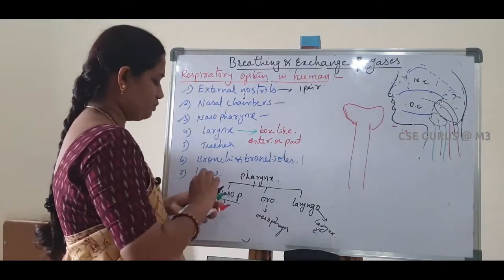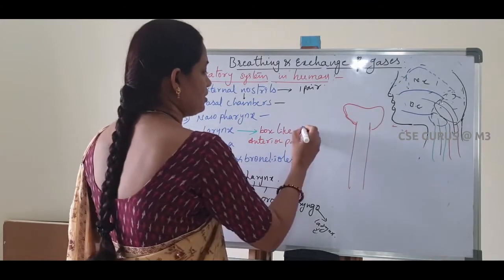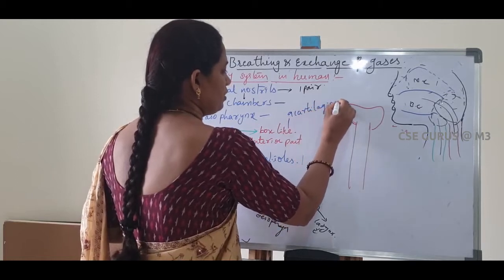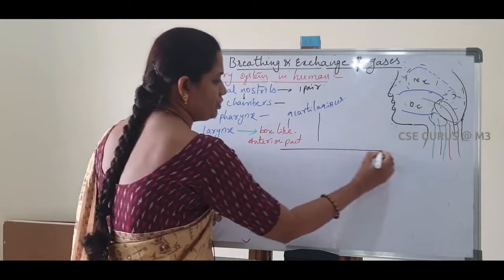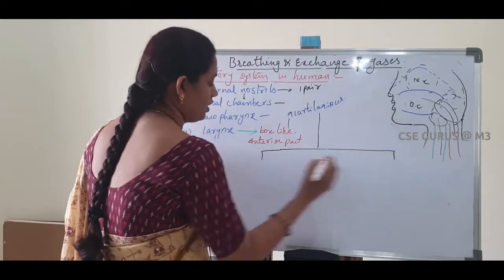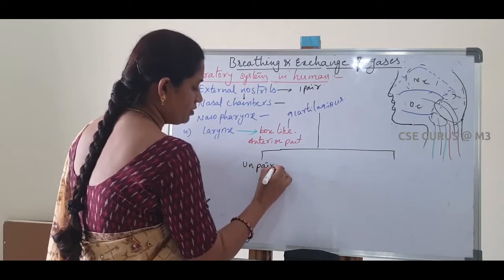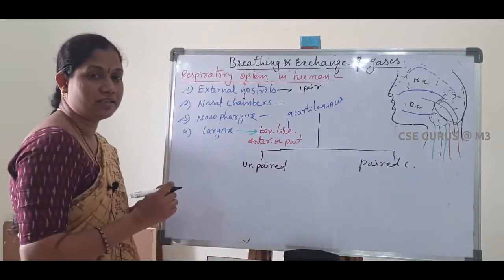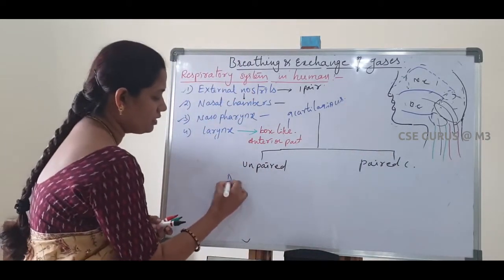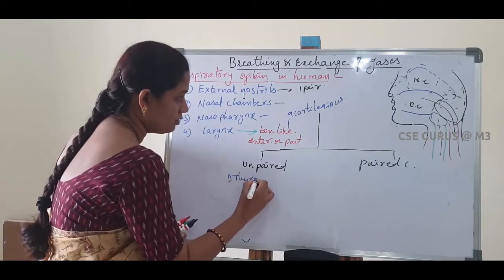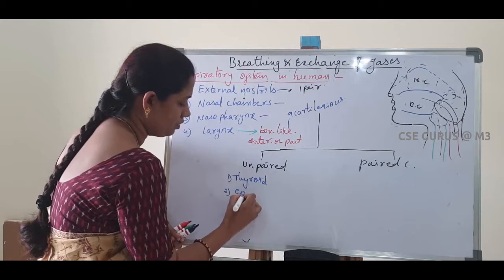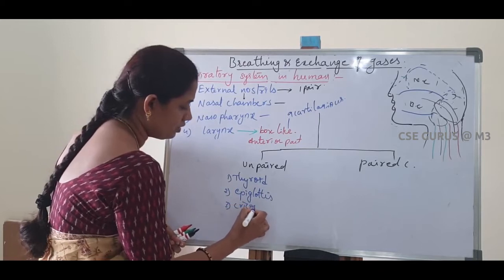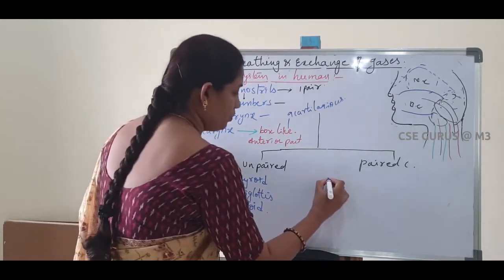This box is made up of 9 cartilages. These 9 cartilages can be classified into 2 groups: unpaired cartilages and paired cartilages. Unpaired cartilages are the thyroid cartilage, epiglottis, and cricoid cartilage. Paired cartilages are